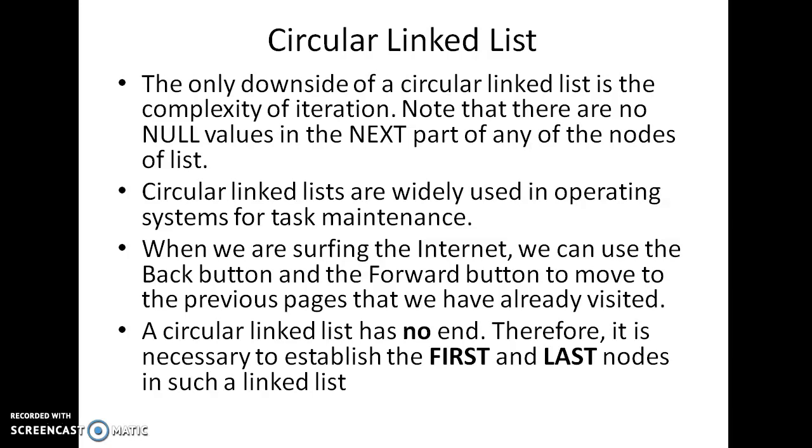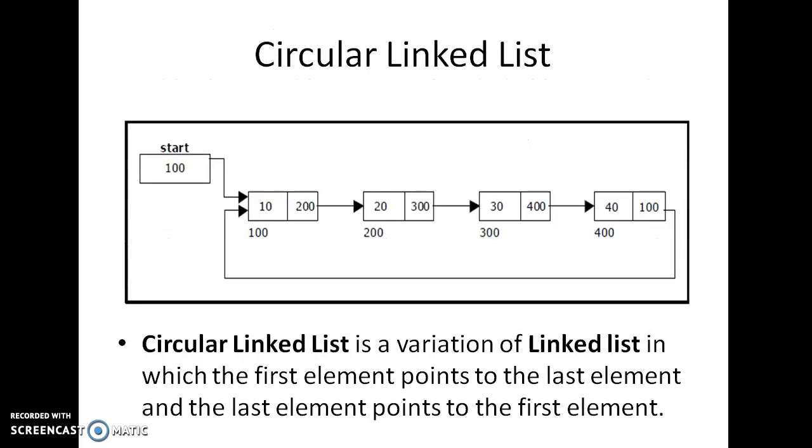And similarly, when we are considering the circular linked list, we can consider any node as the first one and any node as the last one. But for our understanding, we will consider the starting node as the first node of the linked list. Now see this diagrammatical representation. For your understanding, I have given the addresses. The first node is present at address 100 and it is pointing to the node which is present at 200, and this node is pointing to the next node which is present at location 300, and the last node is once again pointing to the first node. Start will always be pointing to the first node, for our understanding.